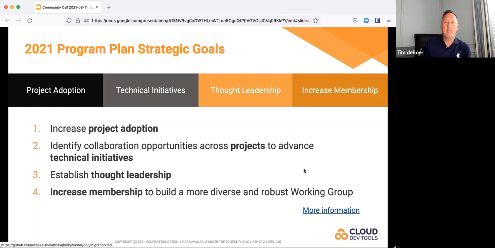But I do want to make a little plug on the last one. For anyone who's in a participant member company, we're having an election soon to get more people as part of the working group. We would love for you to be involved. So if there's any interest, please reach out to Brian or me, and we'll talk about how to get that going. So yeah, that's all I'll say for today.